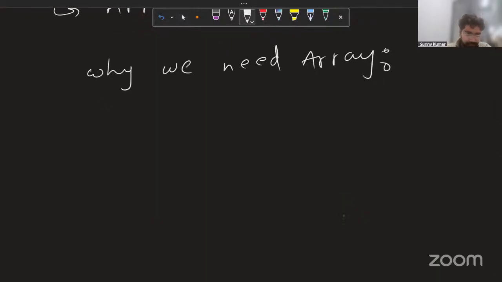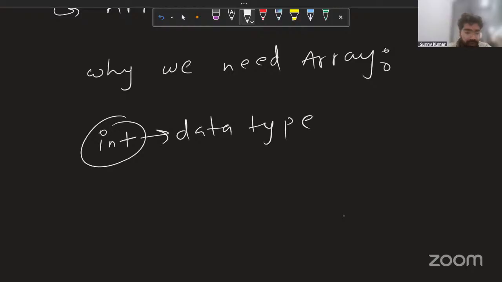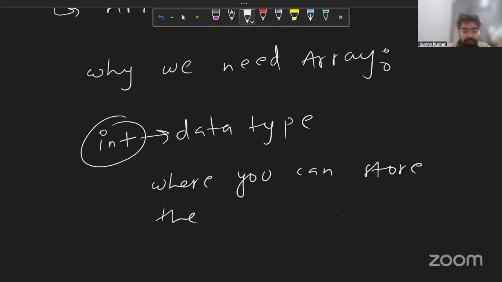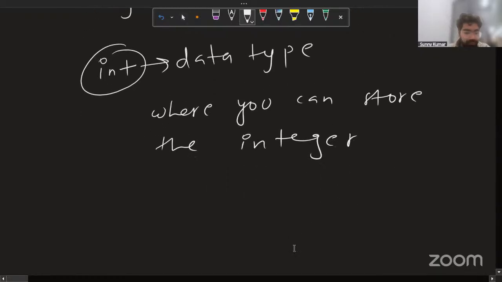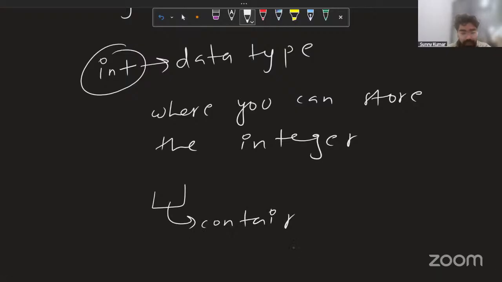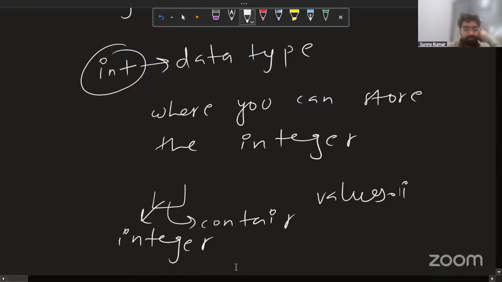An int is a data type where you can store an integer value. You can think of it as a container or box whose type is integer, and where you store the value. Integer value. Just like that,